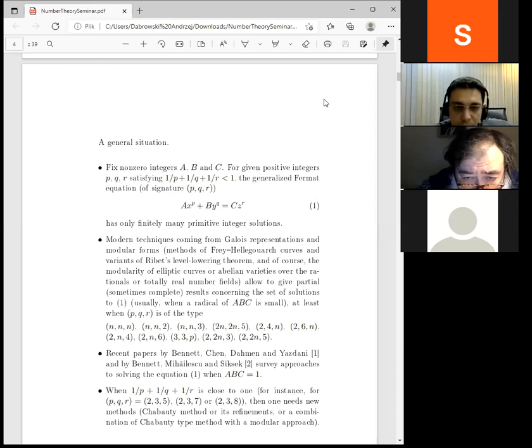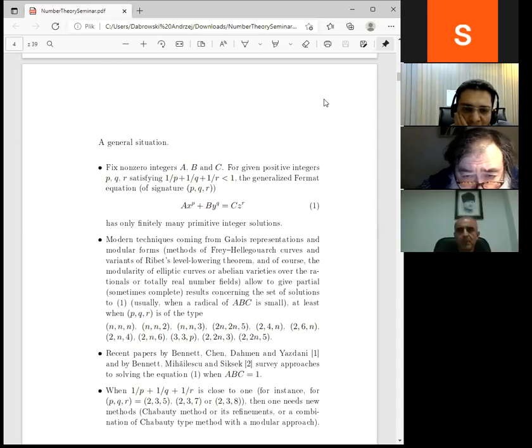Good introductions to the subject are papers by Bennett, Chen, Dahmen, Yazdani, Bennett, Mihailescu, Siksek, and the survey of Noubissie. Of course, these are not the very recent results because it's a very active area. And let me mention that when the sum of inverses is close to 1, but less than 1,